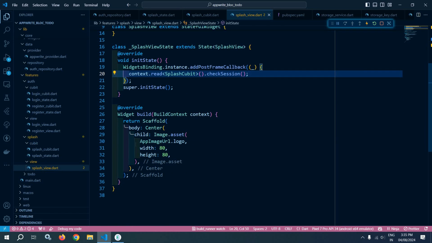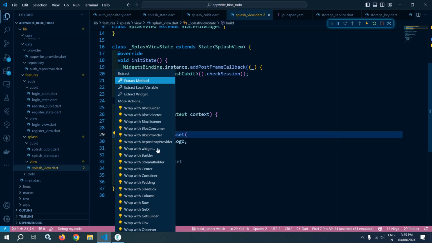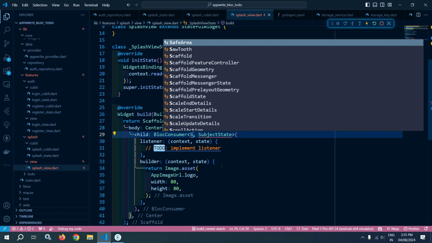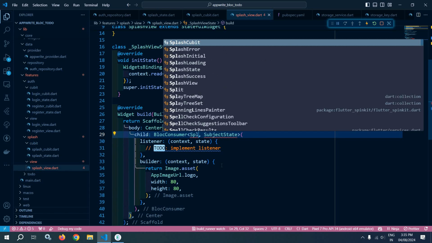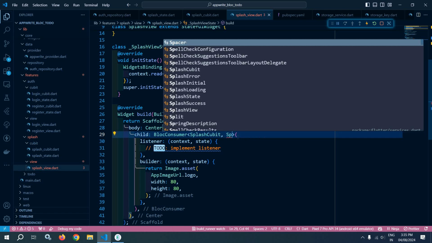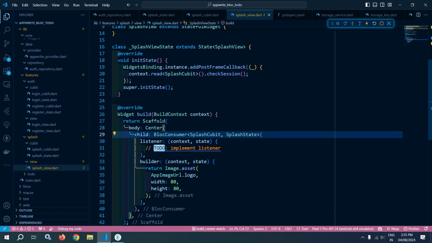Now here I will wrap this image dot asset with block consumer. So I will wrap this, and here instead of subject block it will be splash qubit, and here I need to use splash state,